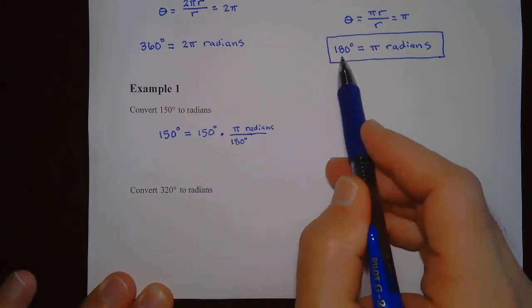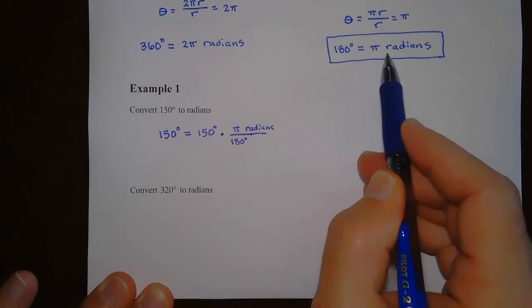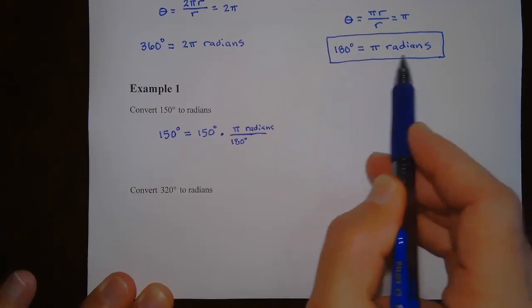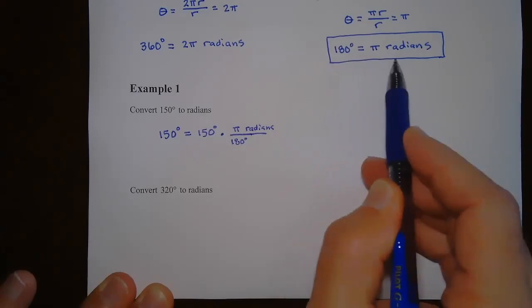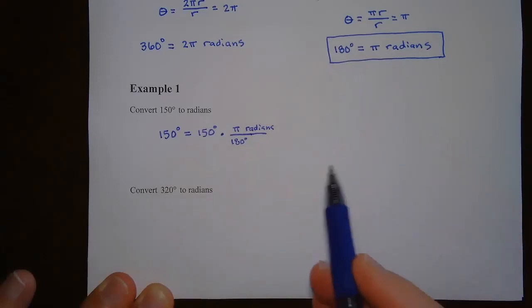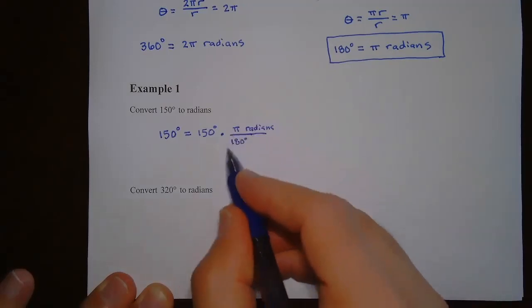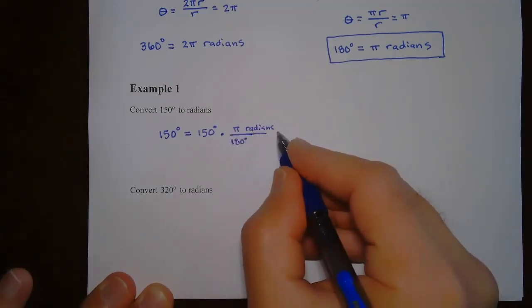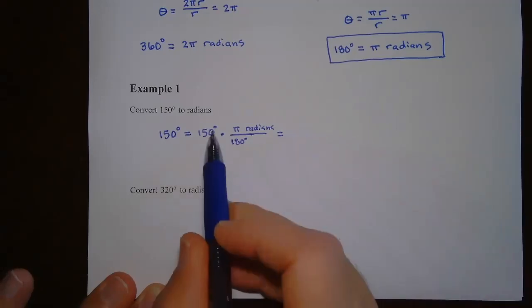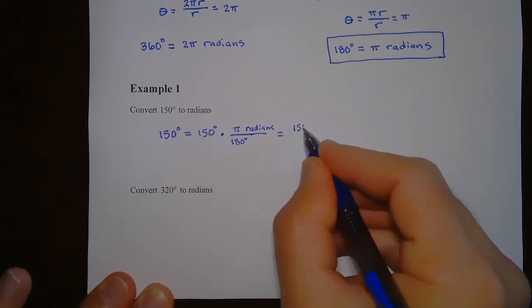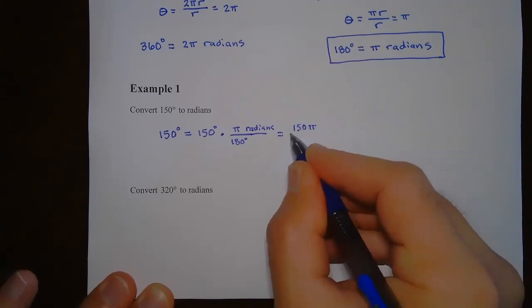And what do we say up here? 180 degrees and pi radians are the same thing. So if I divide both sides of this by either pi radians or 180 degrees, I will get the number 1, okay? So this is a big 1. All right, so our degrees are going to cancel here, and you're left with 150 pi over